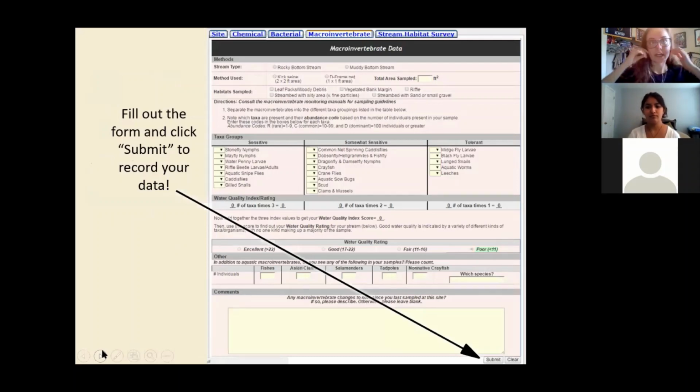If you're also doing chemical and bacterial, those are done monthly. So you might just tack on macroinvertebrate, which is once every 3 months. You'll just be able to add all of those in at the same time if you end up doing 3 in one day, which if you do, amazing, good for you. And you can just do them all at once. But make sure you're hitting submit after every page.